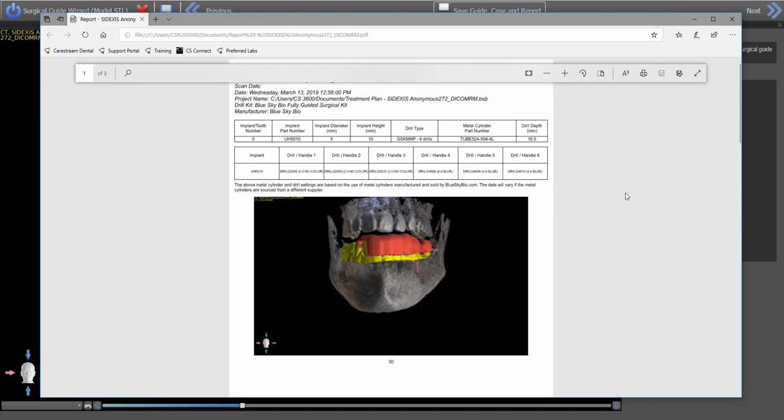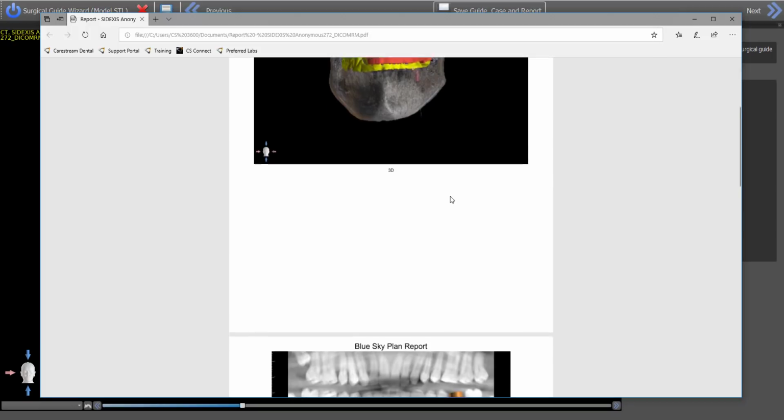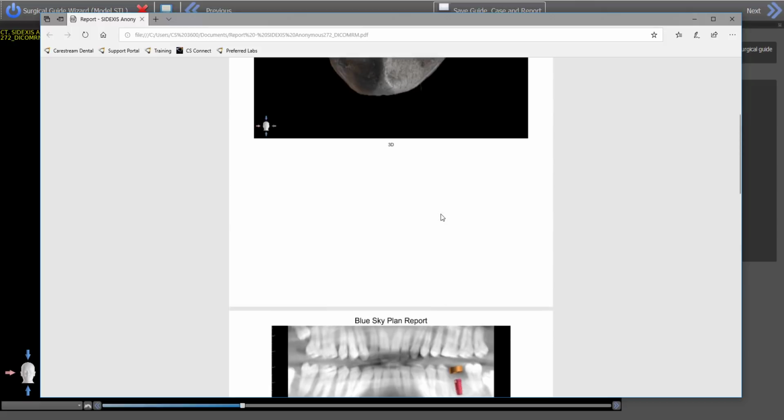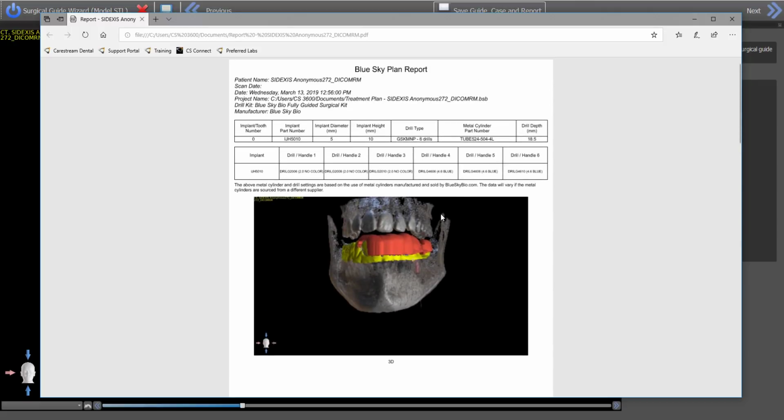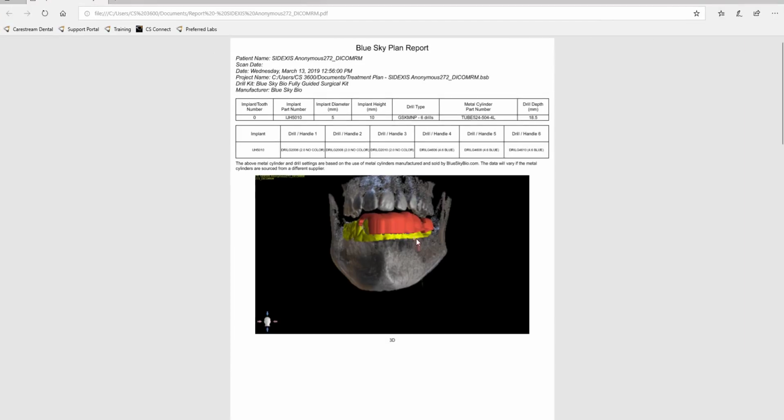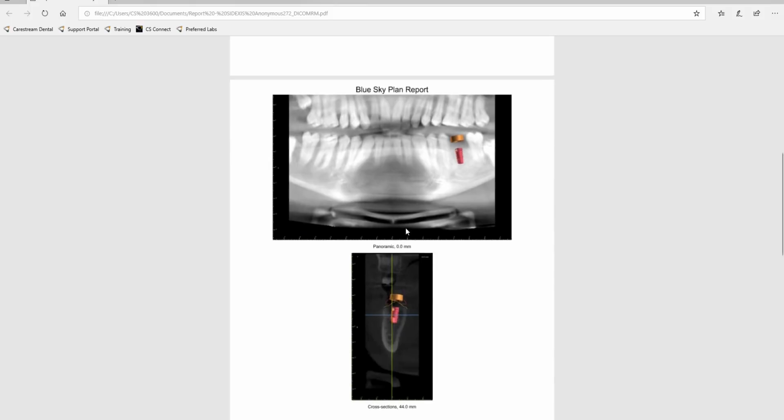And the software also generates what's called a drill report. Now this is very useful. I don't know about you, but when I'm in the middle of surgery, I don't want to have to deglove, and if I forget how far I had to the nerve or whatever, I don't want to deglove and navigate through a CT. What's really nice is that these drill reports get automatically generated, and this is kind of my